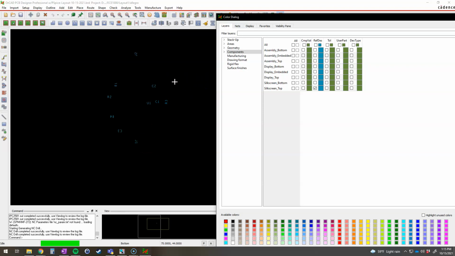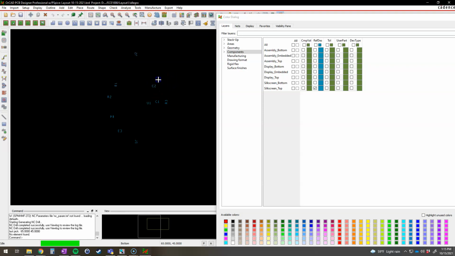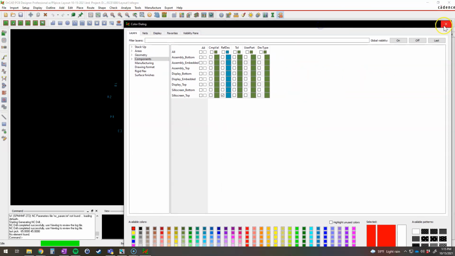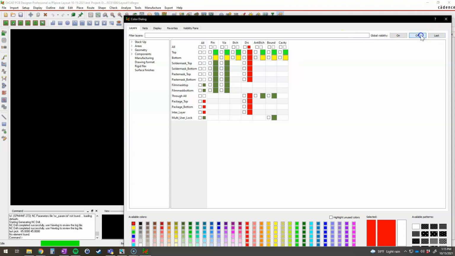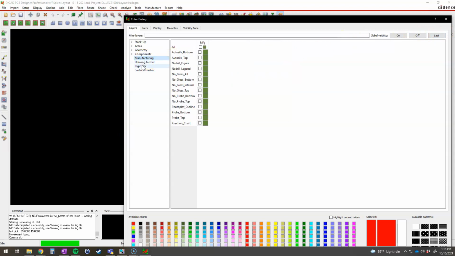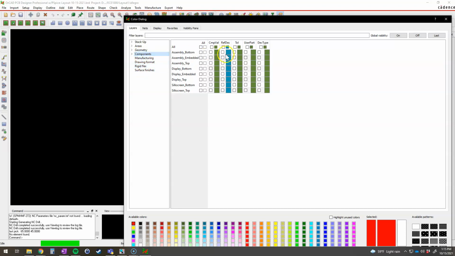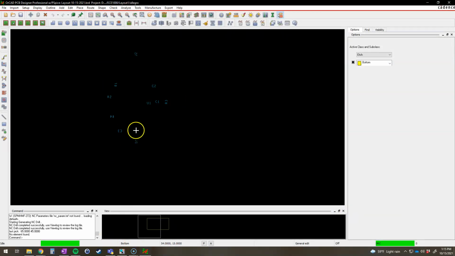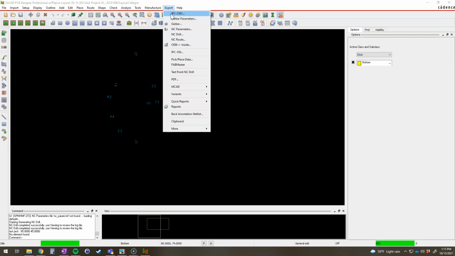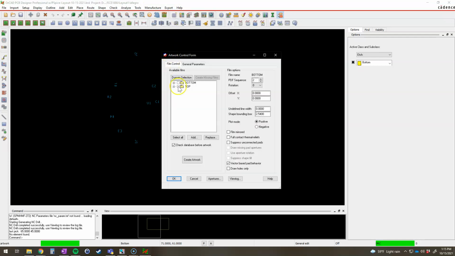So if we wanted to export the silk screen, and we would want to export the silk screen if we were going to do a silk screen, because it's usually a machine that does that. I forgot to hit OK. Components, silk screen top, and then hit OK. So again, I would want to create an art film for the silk screen. So if I go to export and I go to Gerber, okay, well, what I want to do is I want to actually not